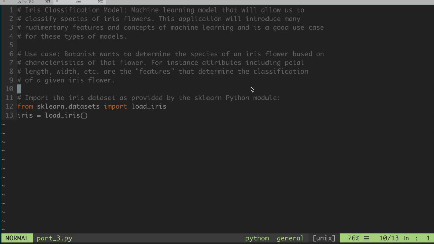It's going to be more or less the wrapping up of the mini-series that we have here on the iris classification model problem in Python. And just to recap the previous two videos: first one, we installed sklearn. We loaded up the iris dataset and explored it a little bit from a textual perspective, so we saw how that data was encoded from the dataset provided to us from sklearn. Part two, we elaborated a little bit on that from the graphical perspective, so we plotted some very simple scatter plots about the iris dataset with respect to the features, so how the features are interrelated for a given species